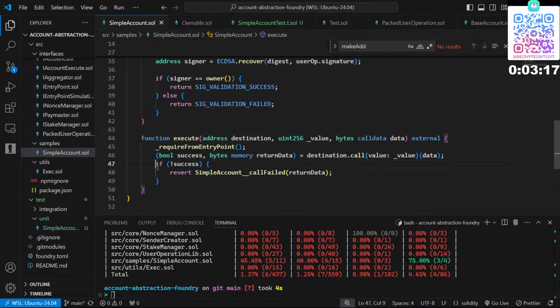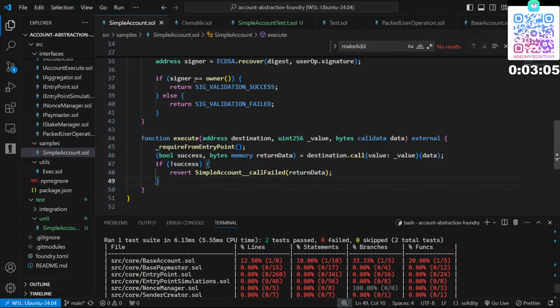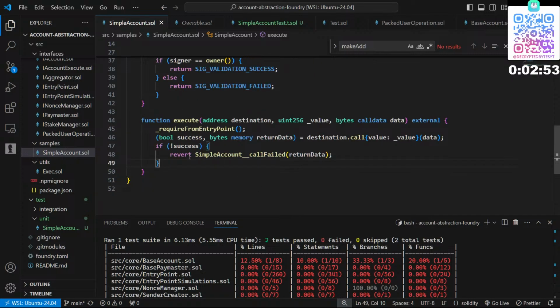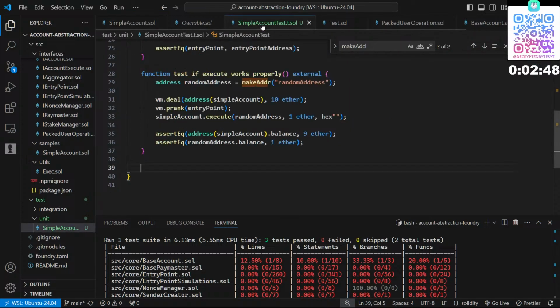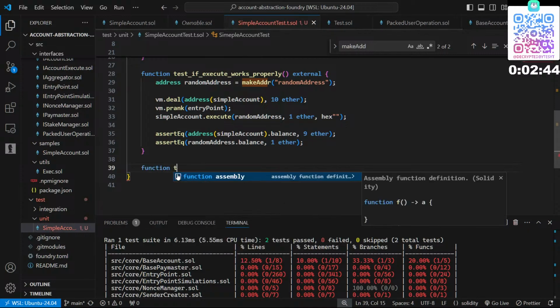So if you see here, any branch of conditional is considered here as branches. Like if there is a condition, go here, and else go here, it is branching out. That's why it's called branches. So we are going to go over each of them, but let's write our next test, which is